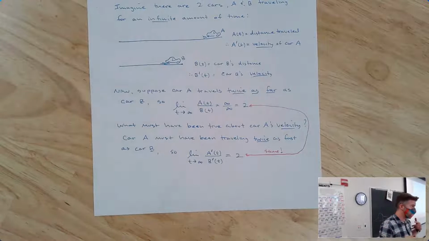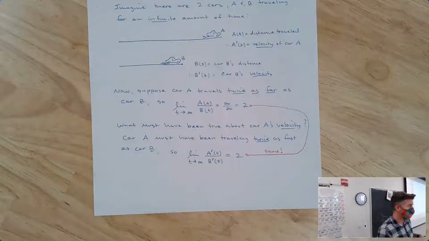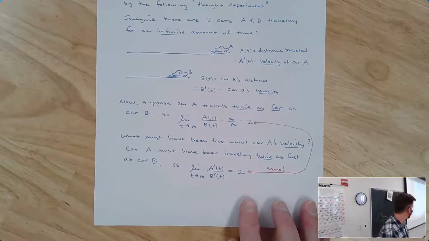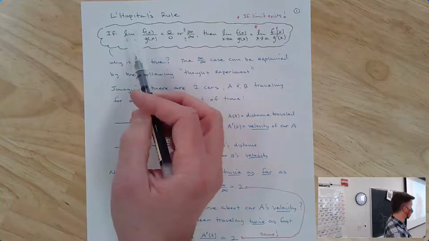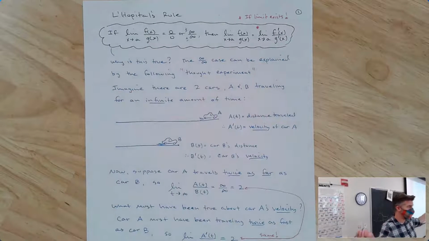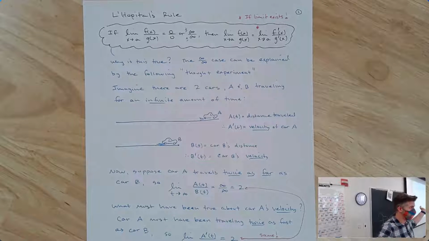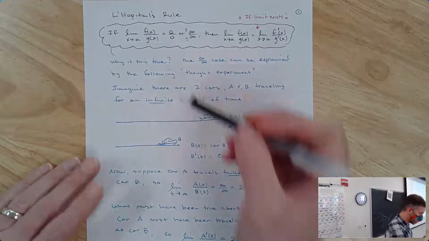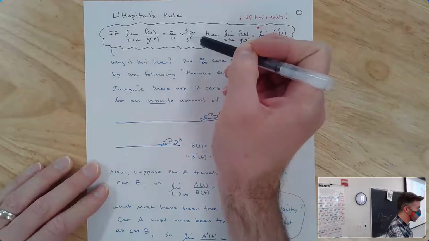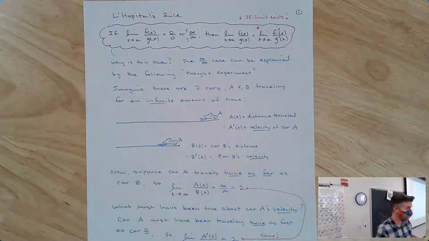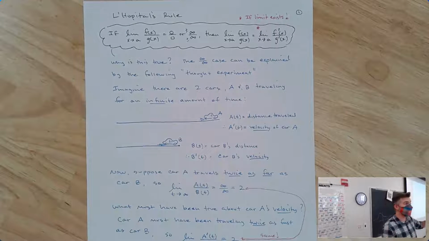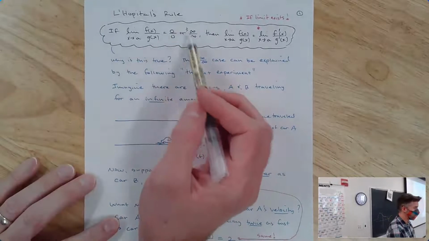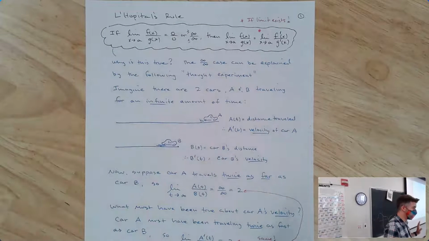The important thing to remember about L'Hôpital's rule is that you can only use it when you have a limit. Limits and L'Hôpital both start with L, which is a good thing to remember. So you can only use L'Hôpital for a limit, and it has to be a fraction that is either 0 over 0 or infinity over infinity. It cannot be anything else. There are other expressions that we can manipulate so that we can then use L'Hôpital's rule, but if it doesn't look like one of these two things, L'Hôpital's rule is not on the table.